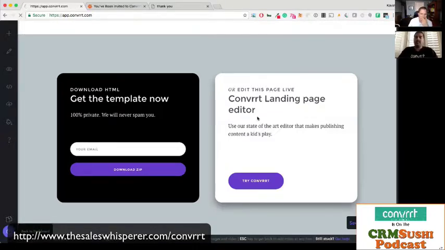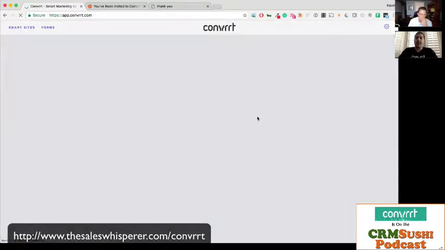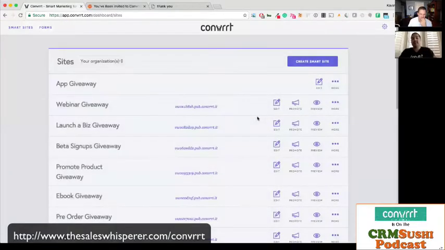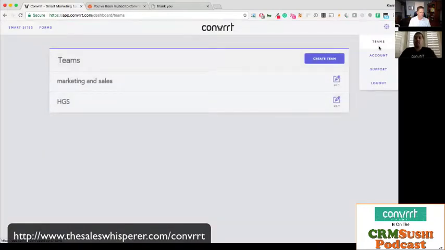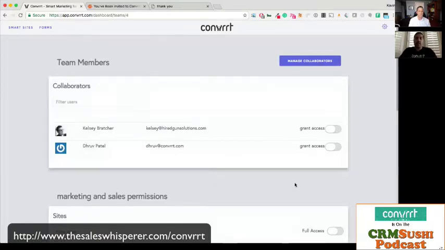Now, one of the last things I wanted to show is we have a team environment feature where you could invite other team members to come and work on a specific landing page, or you could invite your clients and give them very limited access. To show that, what we do here is we go under teams, and you create your team. So you might have a marketing and sales team or your development team, et cetera. And once you've given a name to your team, you'll go ahead and click on edit, and then you'll invite